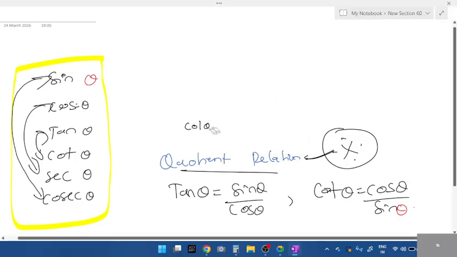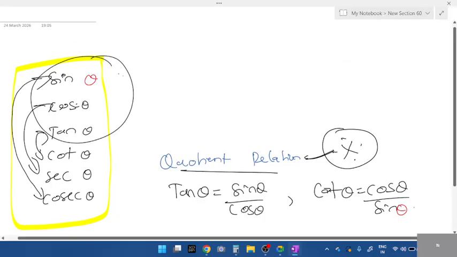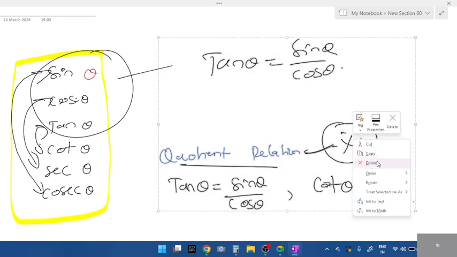When it comes to quotient relation, above tan theta we have sin theta, cos theta. So just write sin by cos theta. And we know tan theta reciprocal is cot theta. Cot theta is cos theta by sin theta, reciprocal values. This is done. Next,